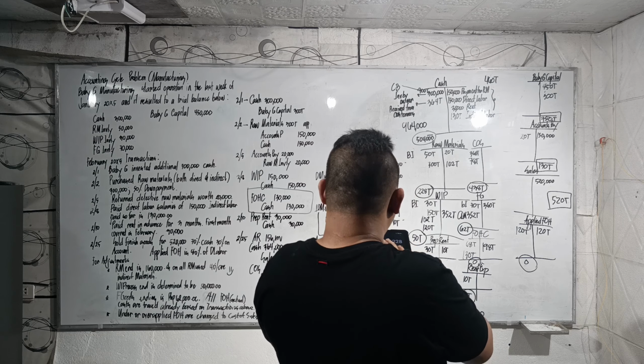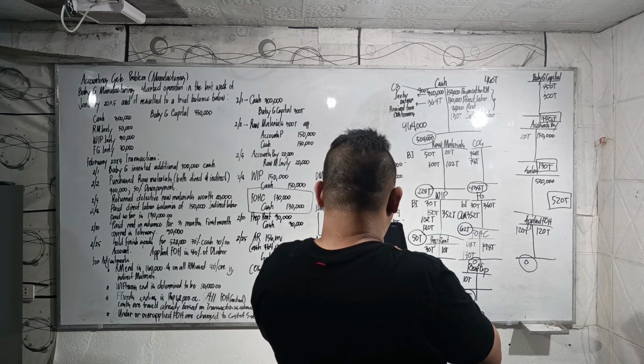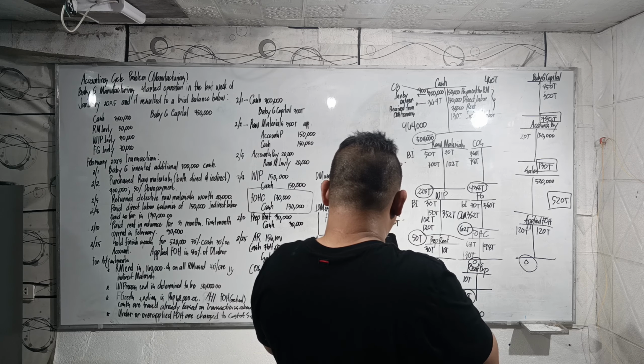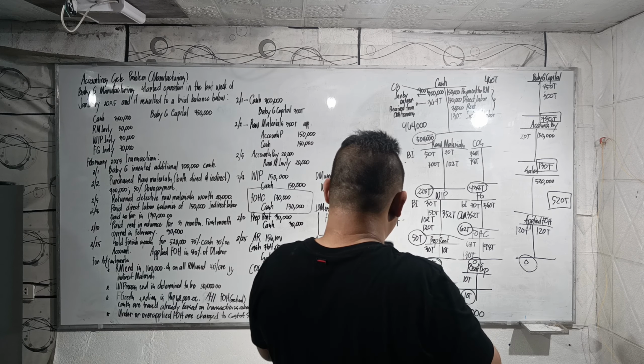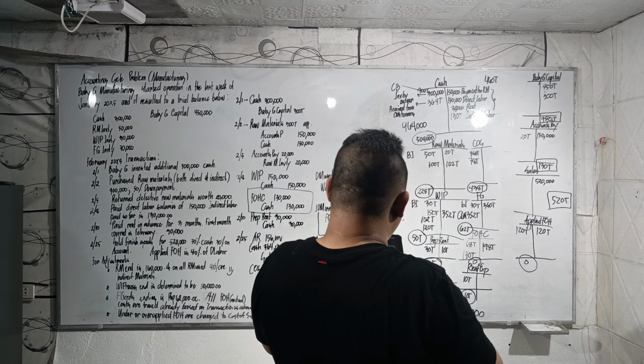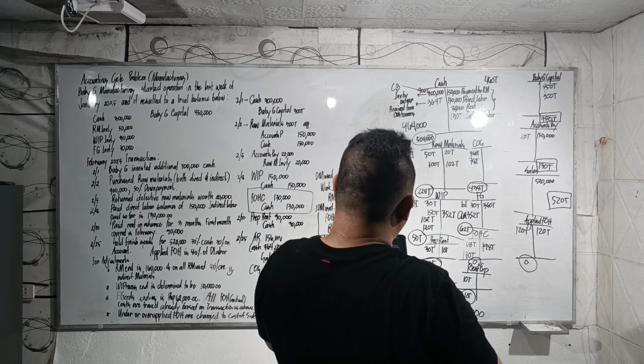So 504 plus 228 plus 50,000 plus 20,000 plus 156,000 plus 10,000 plus 0 plus 62,000